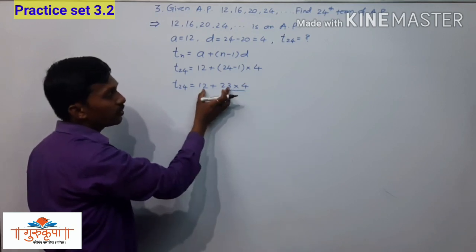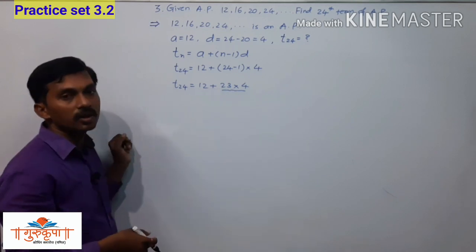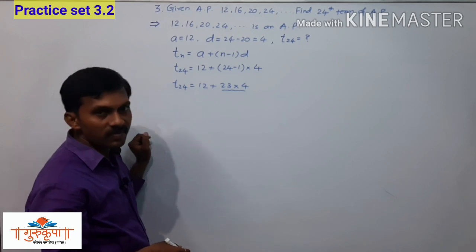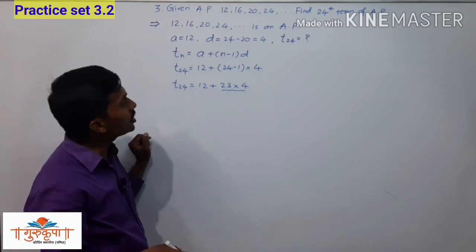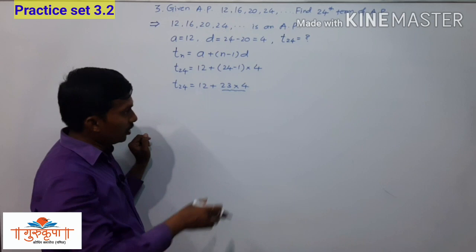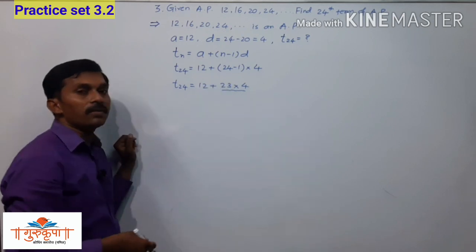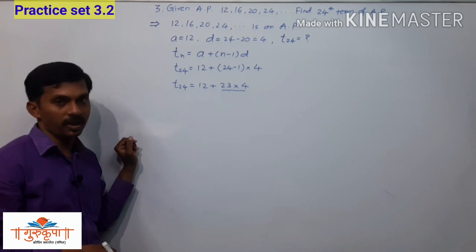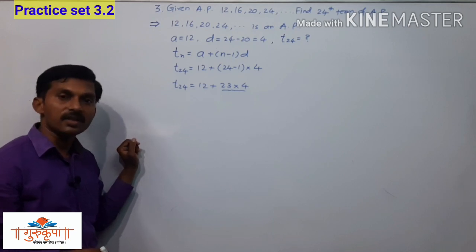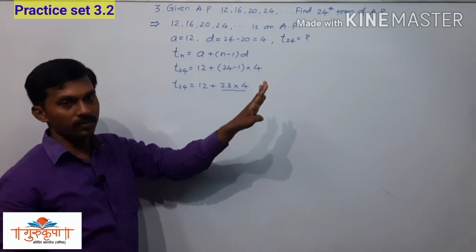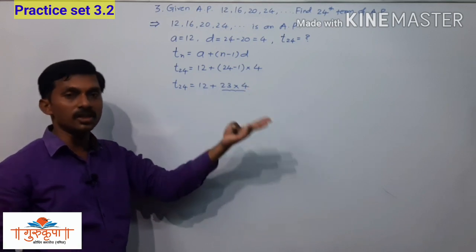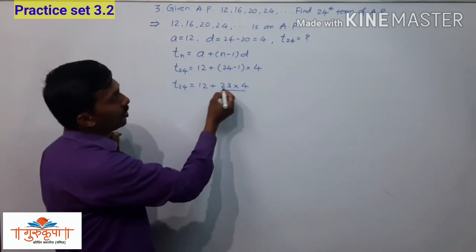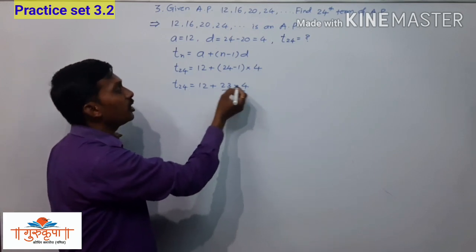We have to take the product first. If you take the addition first, then the calculations will be wrong. According to the rules, while solving an algebraic expression or simplifying an equation, we have to take the multiplications and divisions first, in sequence from left to right. First multiplications and divisions, and then additions and subtractions. So here we have multiplication, so we will first complete the multiplication.